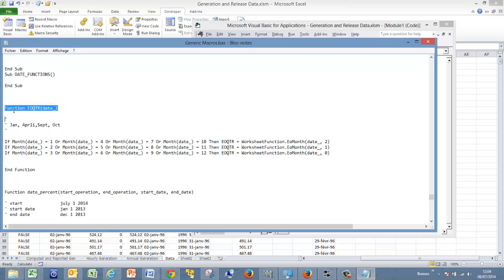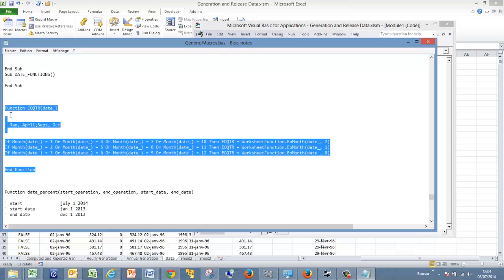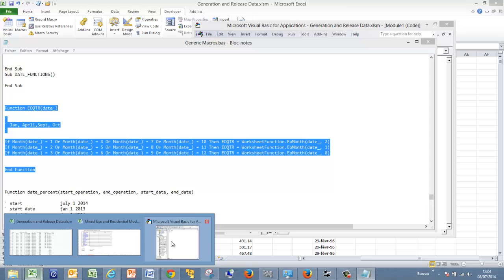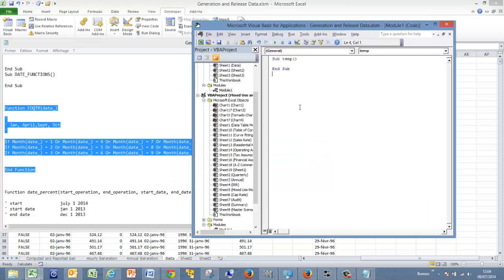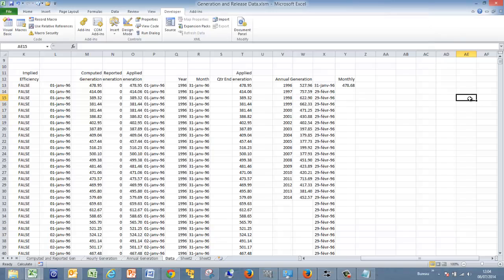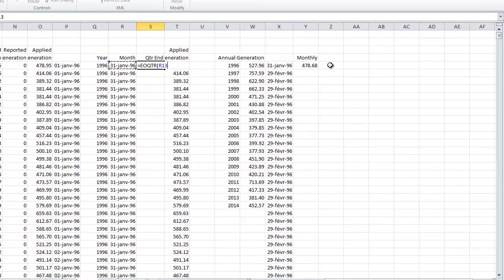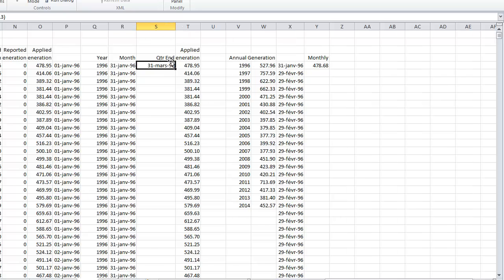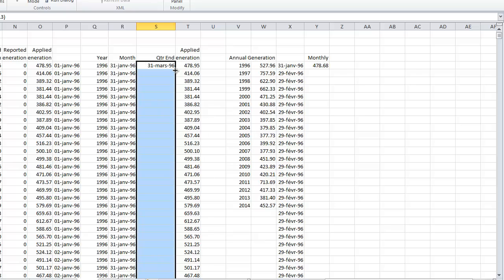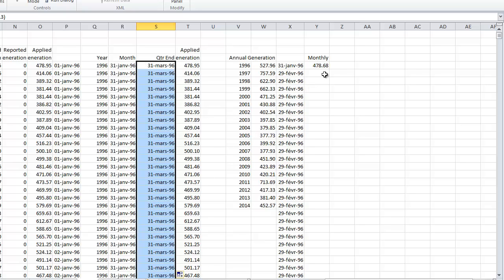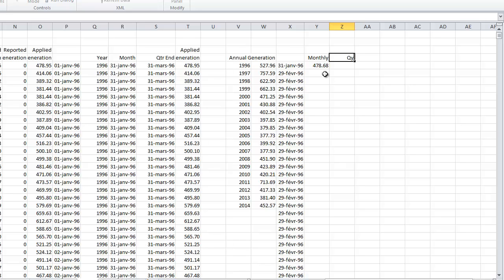This time I'm just being lazy and importing it directly from the notepad, and we can go right into our file. Sorry, I keep making mistakes here. Then we can put EO quarter, just like EO month, and we just put the month in, and hopefully we get the end of the quarter. So we just do exactly the same thing where we get the end of the quarter for each period, and then we'll make our quarterly